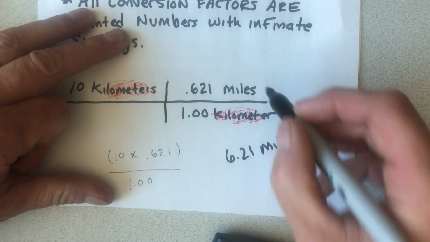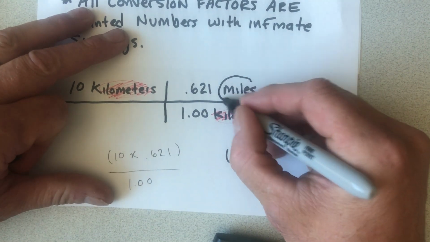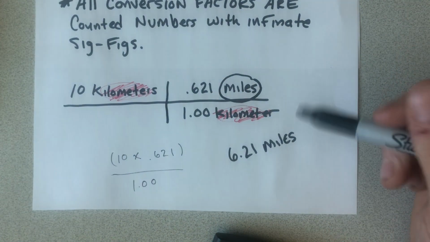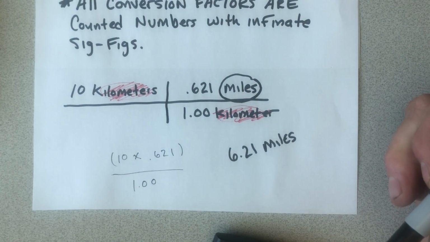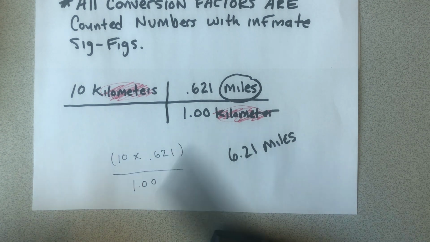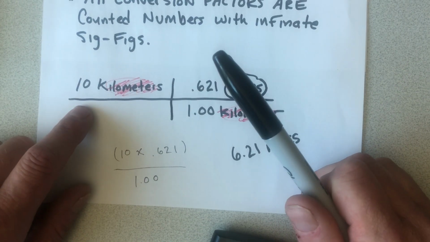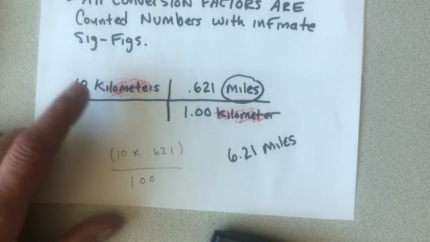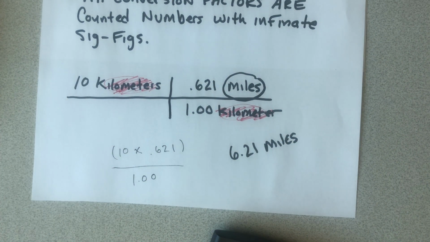And we know that because we know it's in miles, because that's the only unit that's left after we've crossed out the kilometer units. Does that make sense? Now, not every one of these things is going to start with a counted number here. If you start with a measured number up here, then you've got to adhere to some